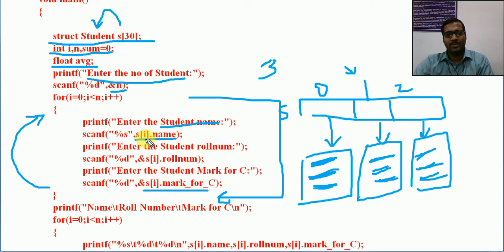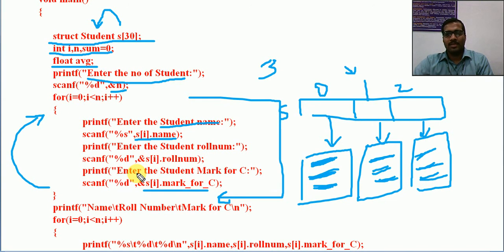Otherwise, what would we need to do? Enter the name of the first student, the second student, the third student, enter the mark of the first student, the second, the third, enter the roll number of the first, second and third student. That many statements we would need to repeat and scan. So the program length can be reduced by using this array of structures. If it is 100 students, only these 6 statements are required up to n for prompting and reading.